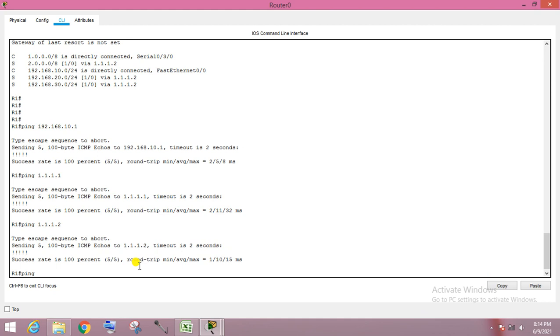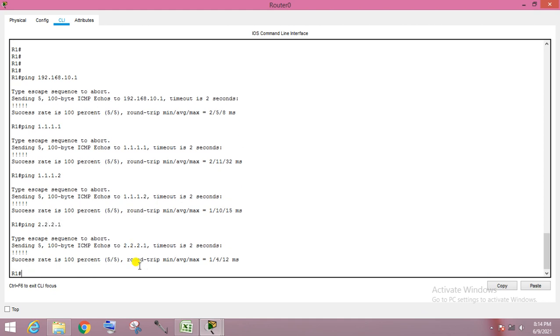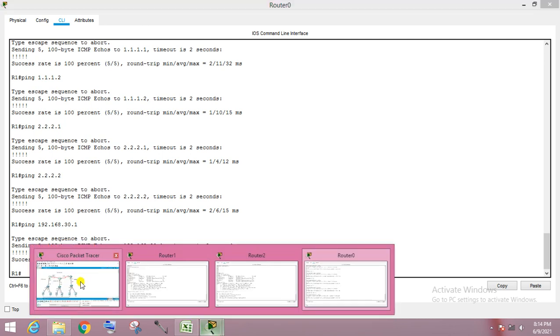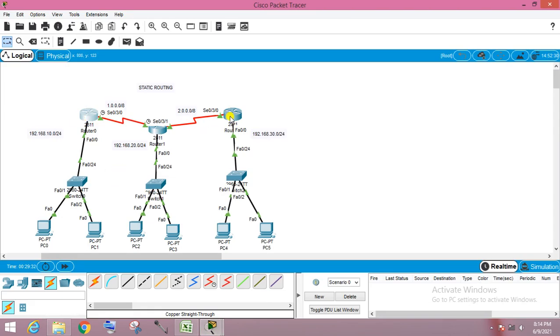No problem. 2.2.2.1, it's pinging fine. Then 2.2.2.2 pinging fine. Now 192.168.30.1, it's also pinging. It means this router is now reachable to this router through static routing.